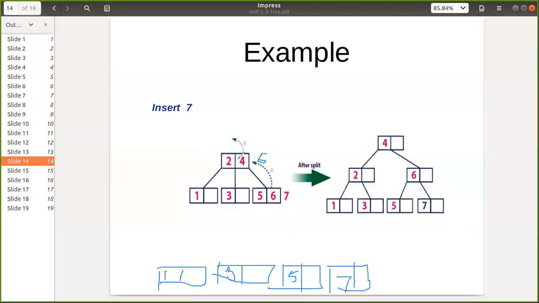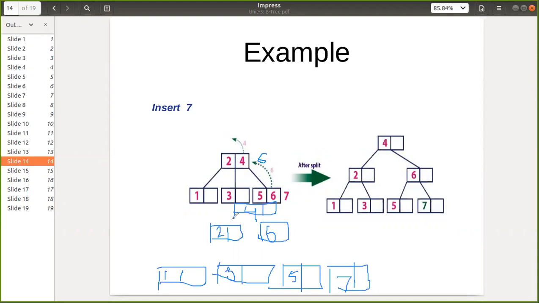It will be splitted at the middle position 4. So we'll be having one node, the first node as 2, and then the second node as 6 here, and then 4 will be moved one level above. So here we will be having 4. Now 4 will become the root.